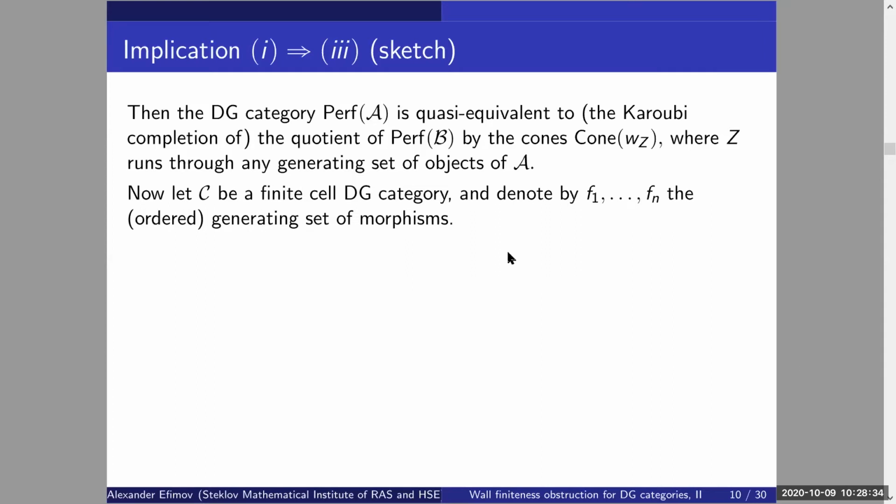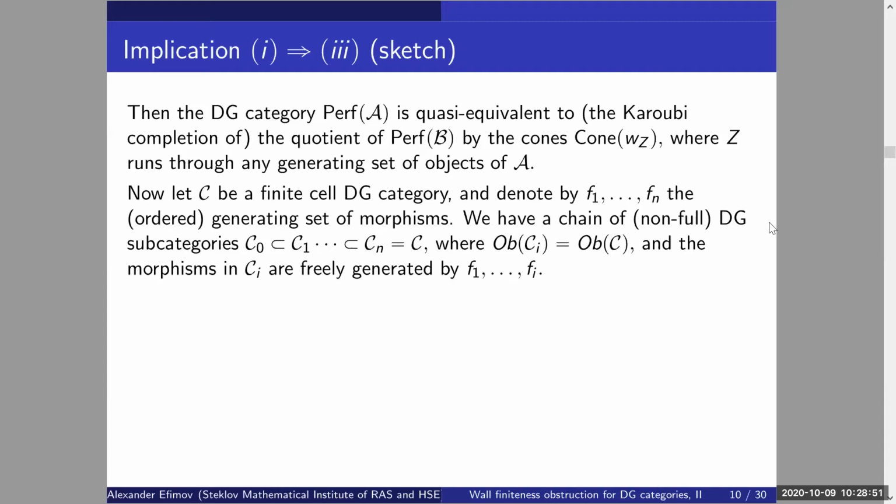Now, if we have a finite cell DG category, so it is freely generated by a collection, so it has finitely many objects and freely generated by the collection of morphisms, with this assumption on the differentials, then we can just proceed inductively. We can take the chain of non-full DG subcategories where Ci is generated. So they have the same objects, just finitely many objects, and Ci is generated by F1,